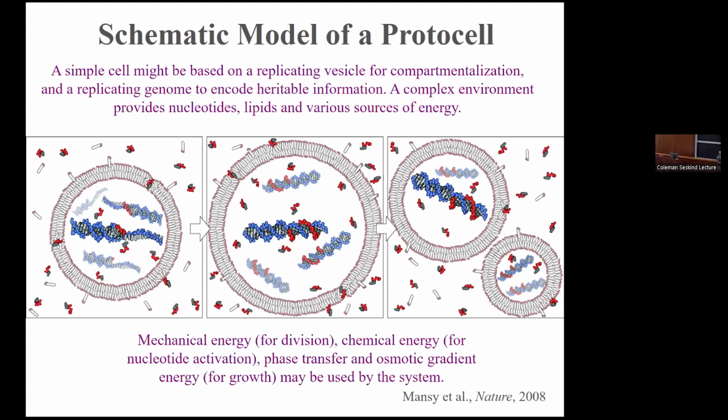The harder problem is how do you take some primitive genetic polymer and actually copy those sequences, and then copy the copies, and copy those copies, so that you have a chain of heredity of information.